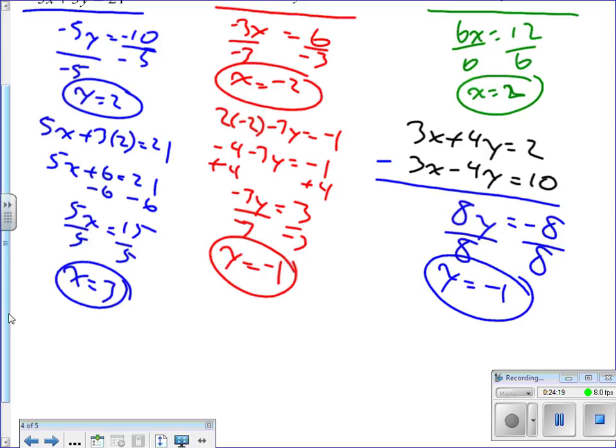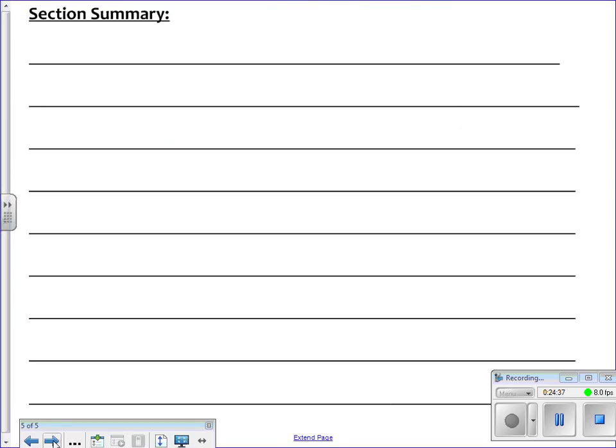I don't care how you solve this using elimination. Just use elimination for your first step and go from there. And because you had a choice, you could have subtracted or you could have added for your first step. It didn't matter. Okay? I do believe that's it. Okay. So let's